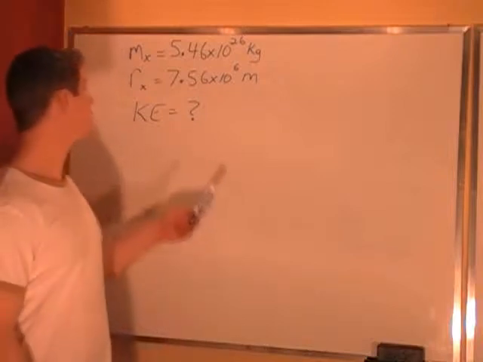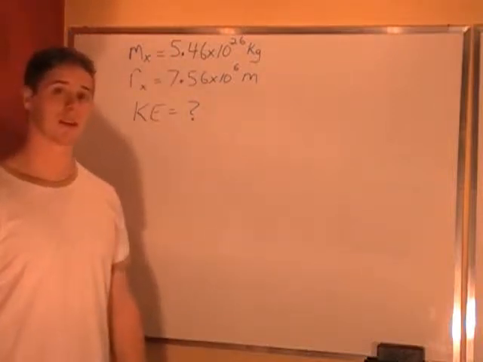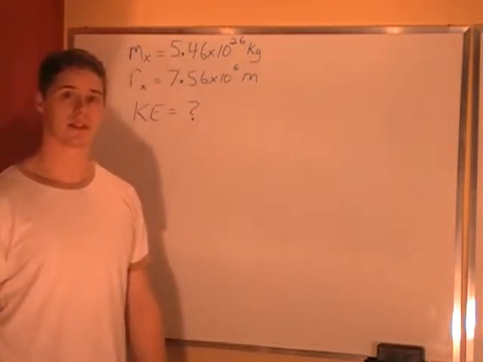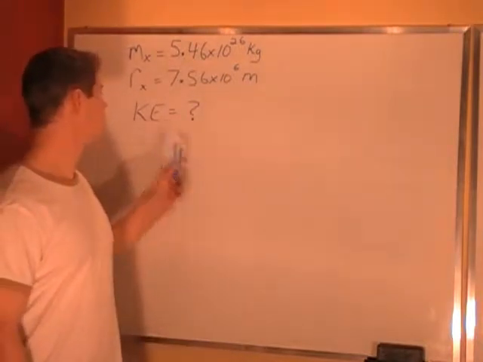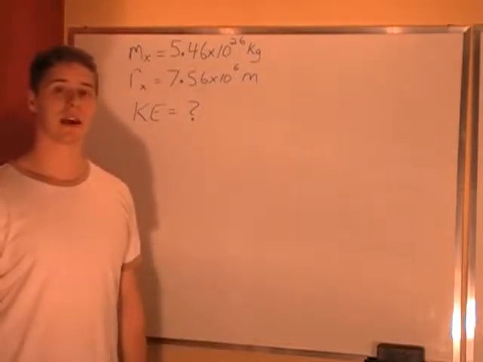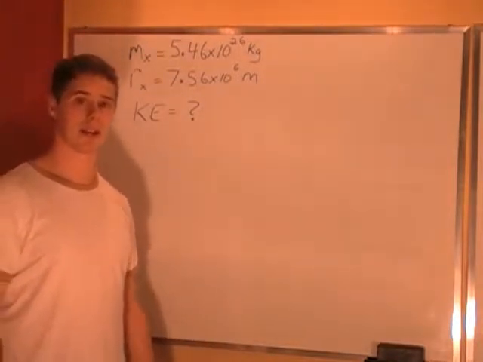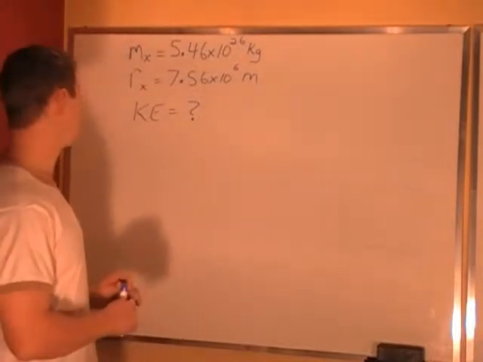We have a planet that weighs 5.46 times 10 to the 26 kilograms and has a radius of 7.56 times 10 to the 6 meters. We want to find out what its kinetic energy is, assuming that it has the same period of rotation as the Earth, a 24-hour day. So kinetic energy